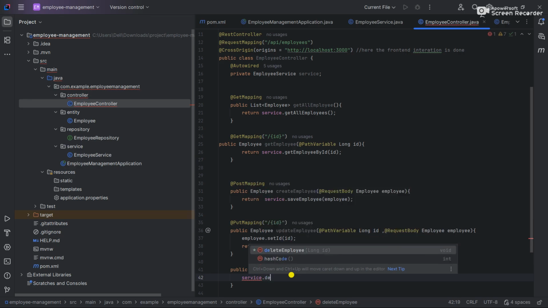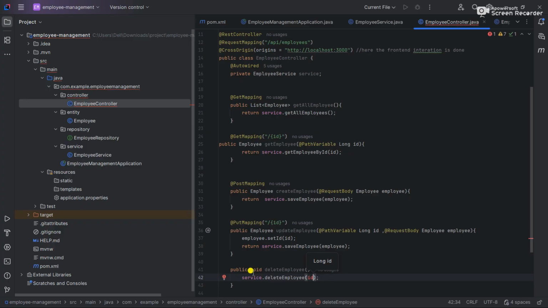But we are deleting an employee. So we are having the service here. But what we will do? We will need an ID for deletion. So how will we get that ID? From the